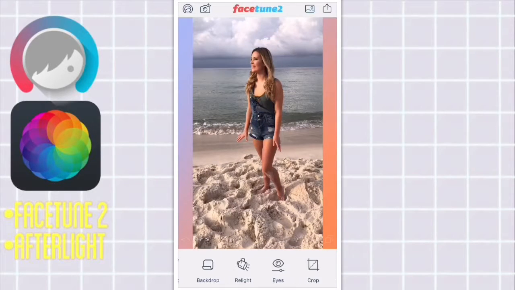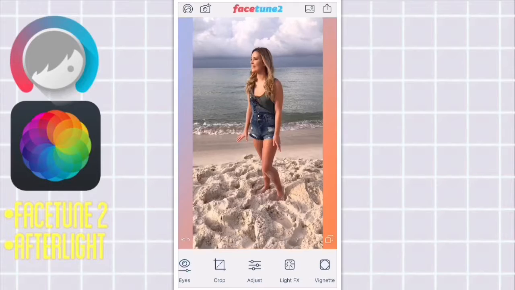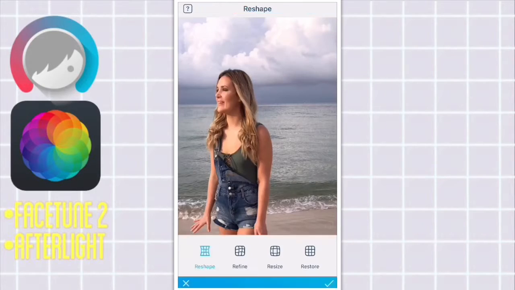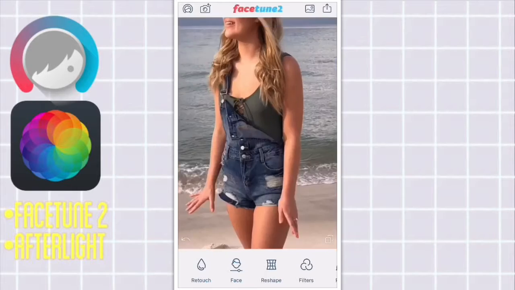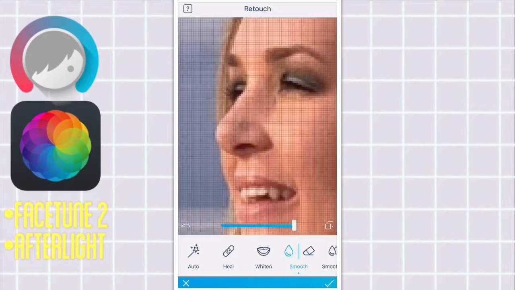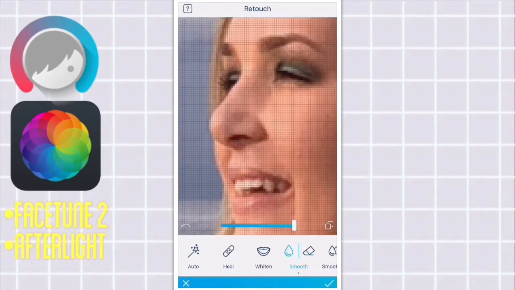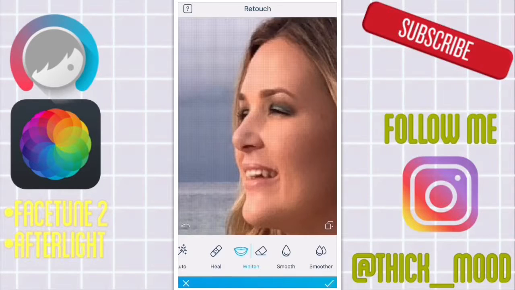This is a great photo. This was on vacation when me and my friend went, and we got some amazing photos. The lighting was so good in this shot, and it was a very candid, non-intentional photo that ended up getting taken and turned out great. We're doing the same thing again, where we're just touching up the photo before we actually do any type of